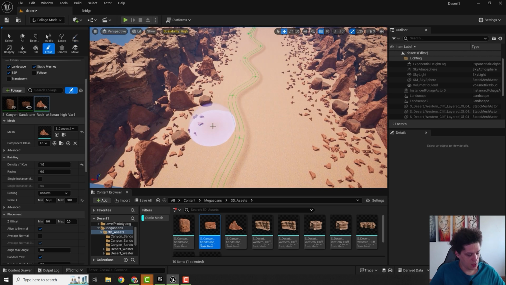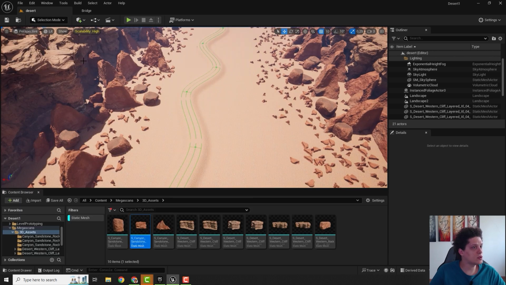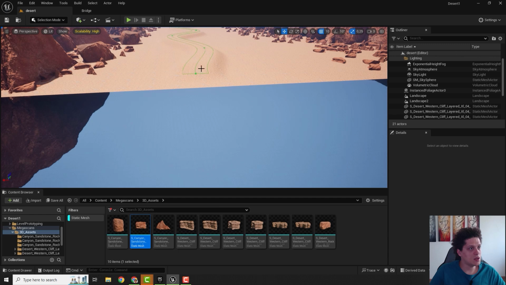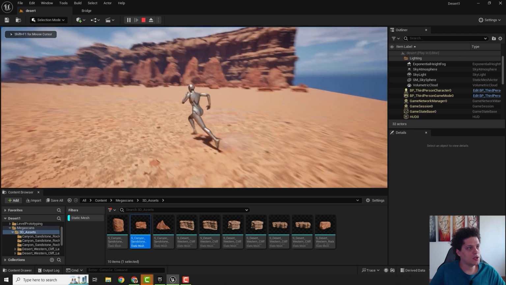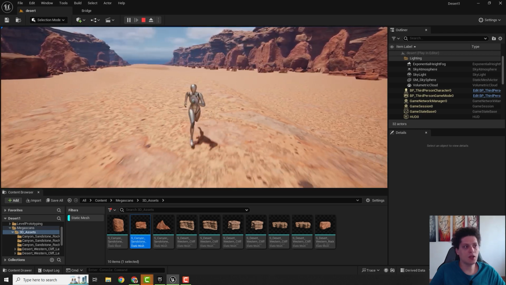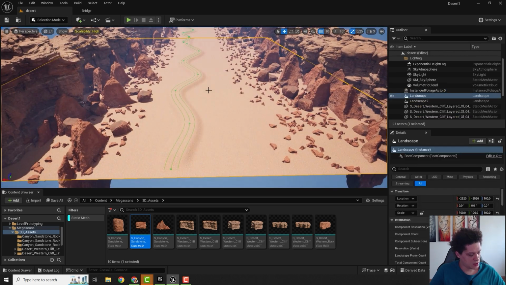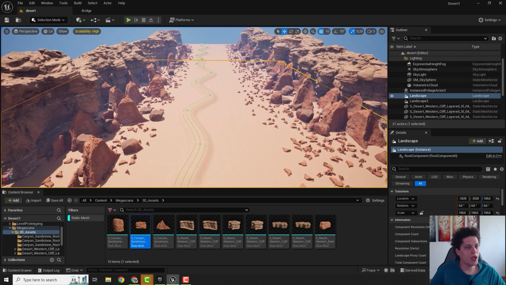Okay, let's save now everything, Ctrl save, and go back to selection, and let's hit play from here. And we can see our mountains and our rocks in the background. So the next thing we want to do is to add some